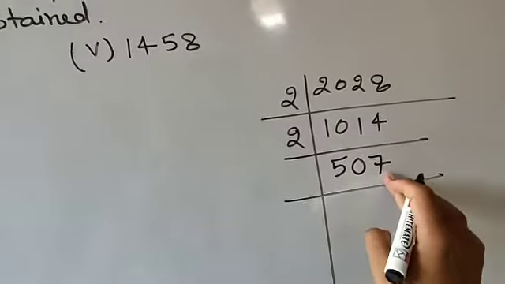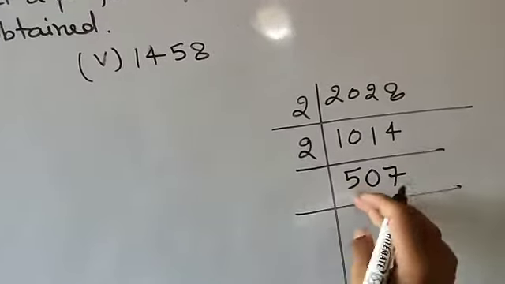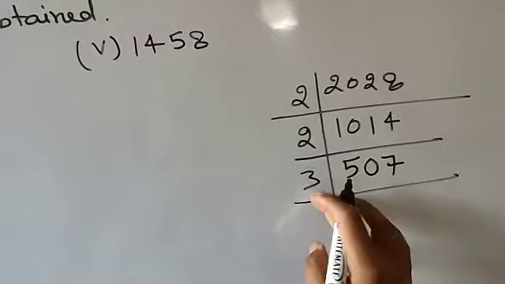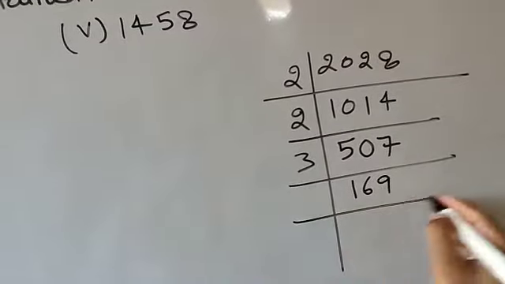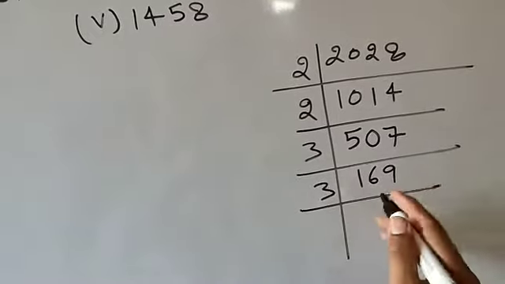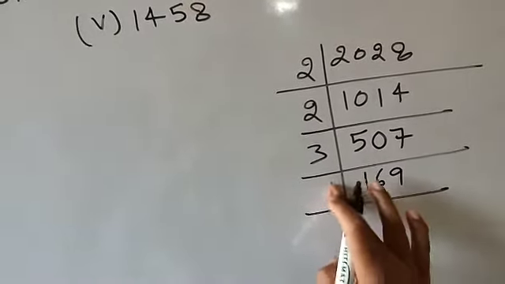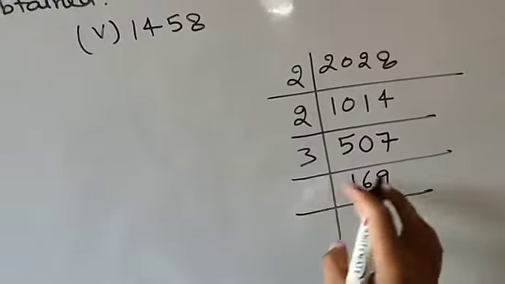Now this number is not divisible by 2, but it is divisible by 3. 5 7 12, so it is divisible by 3. Then 3 1 ja 3, 3 6 ja 18, 3 9 ja 27. Again divisible by 3? No, it is not divisible by 3. You can find it.